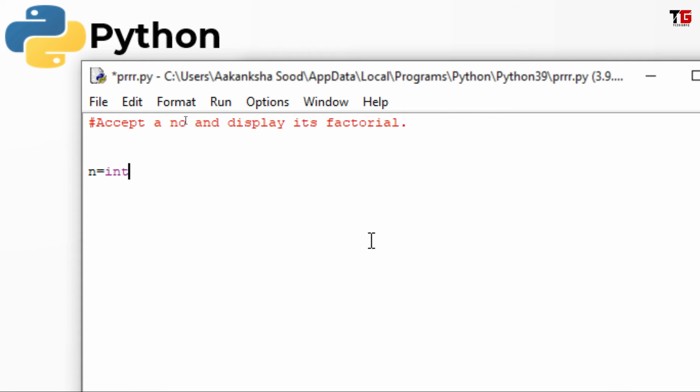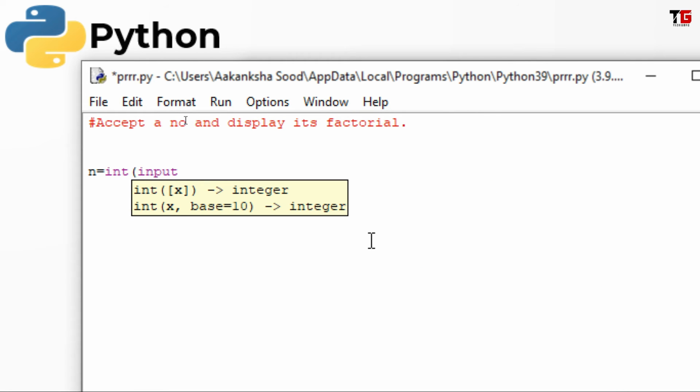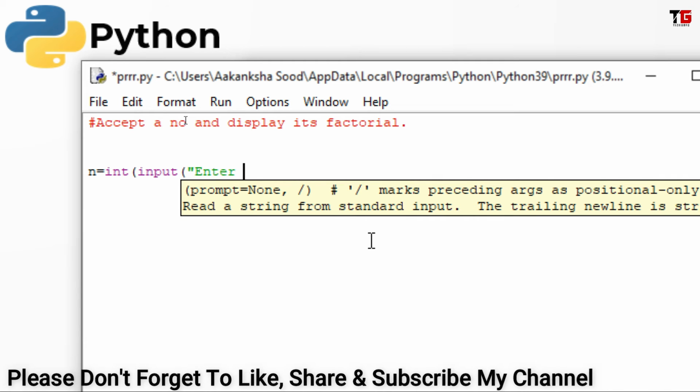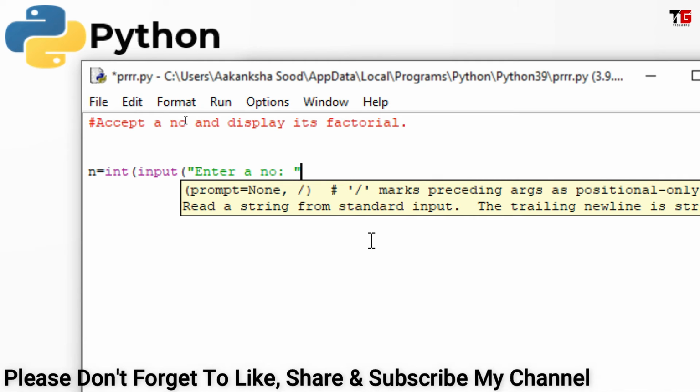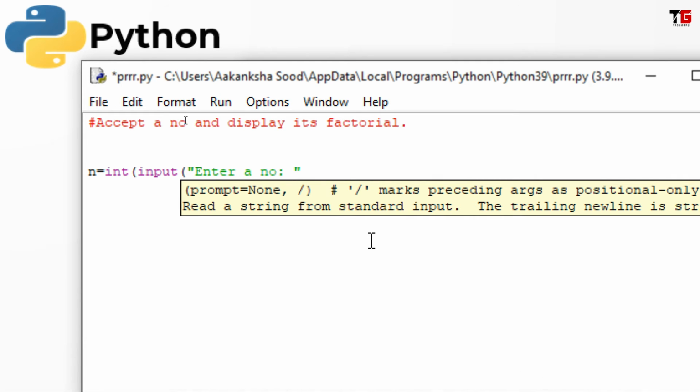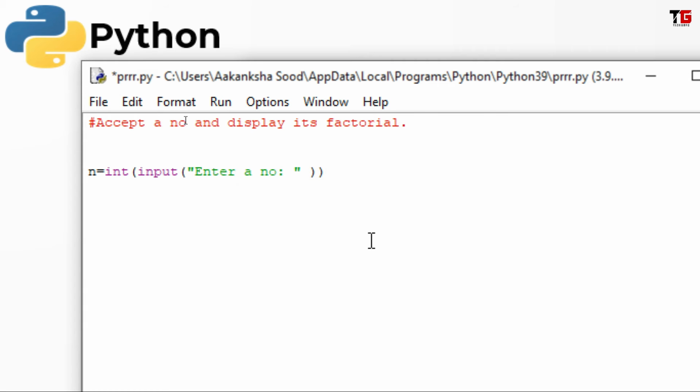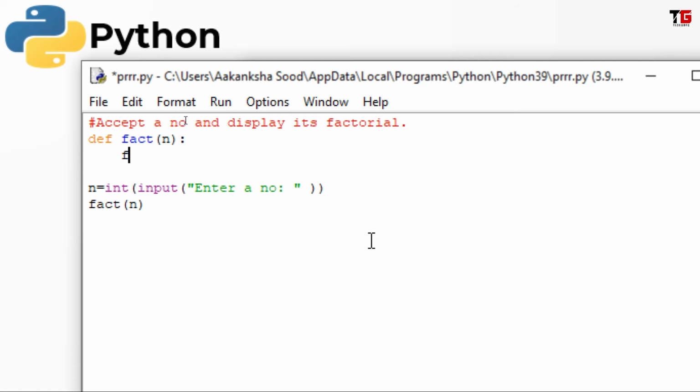First of all, we will accept the number. Now I am calling a factorial function and I am passing n as a parameter. Let's define this function. It is having n as a parameter.